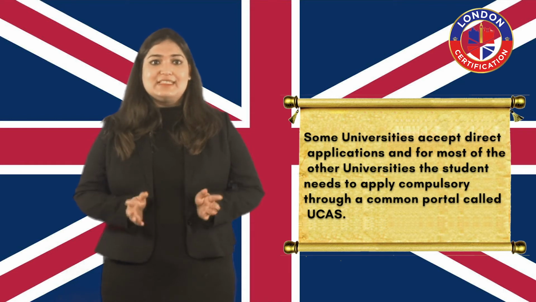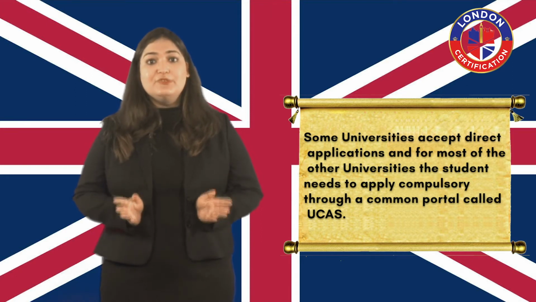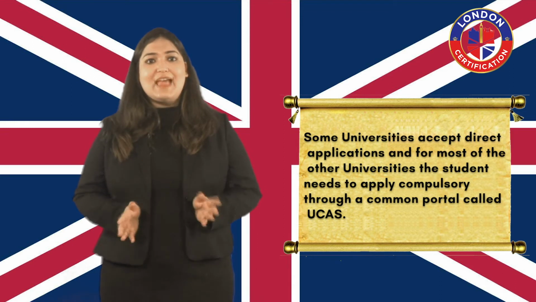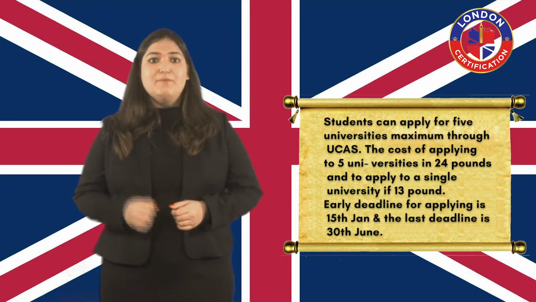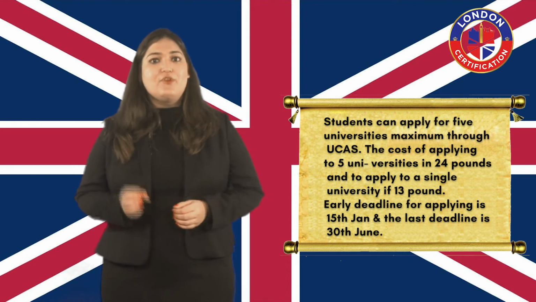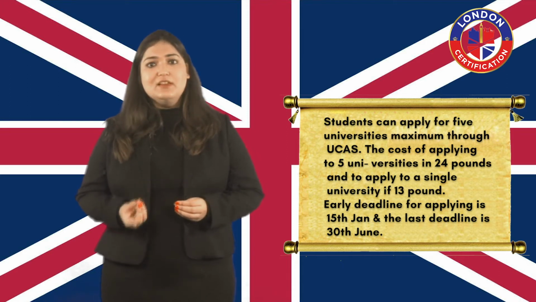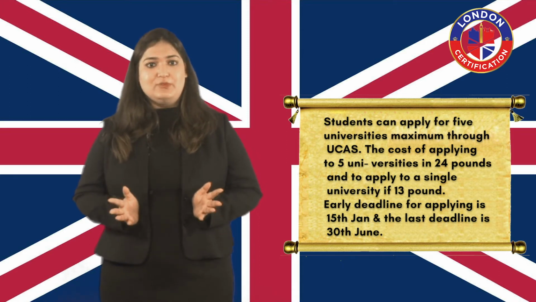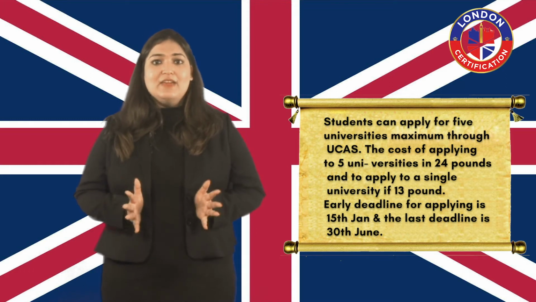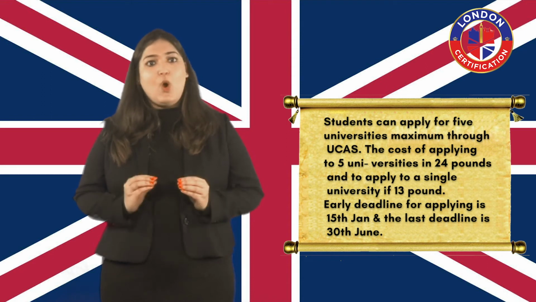For undergraduate degrees, some universities accept direct applications, but for most of the universities, a student needs to apply compulsorily through a portal called the UCAS portal. Students can apply for a maximum of 5 universities through UCAS. The cost of applying for 5 universities is £24, and if you want to apply for a single university, then it's £13. The early deadline for applying for UK universities at undergraduate level is 15th Jan for all students, and